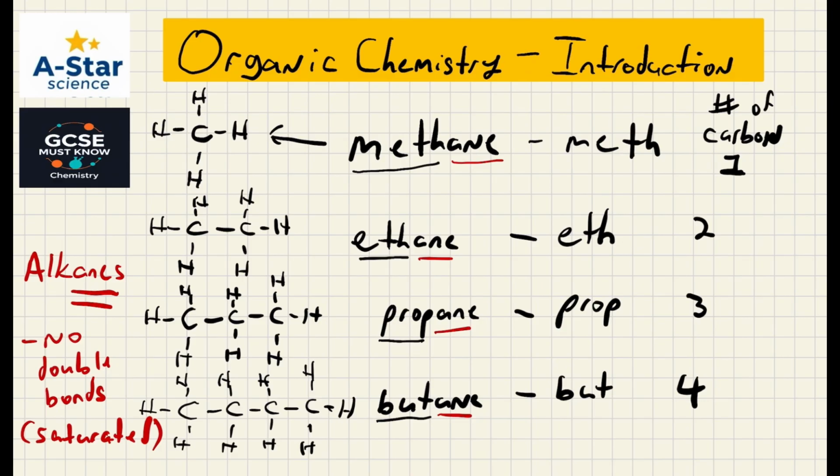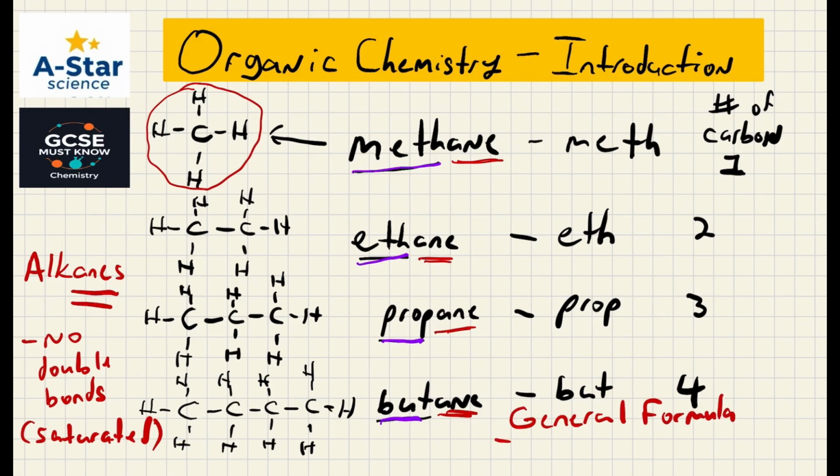So this family of alkanes are hydrocarbons because they contain carbons and hydrogens. And we can name the alkanes by using, again, the prefix meth, eth, prop, but, and the suffix ane for alkanes, for saturated hydrocarbons. Now, there is one final piece to this, what we call the general formula. The general formula for alkanes. And that is